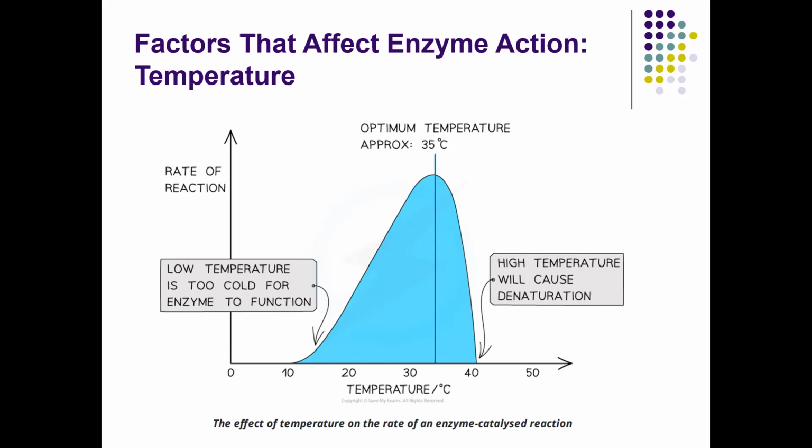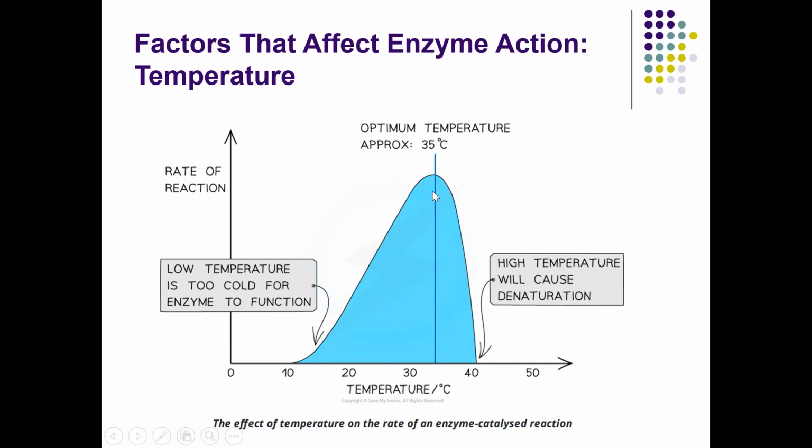That's why the activity of the enzyme becomes low: with low kinetic energy, the particles cannot collide, so little substrate can bind to the enzyme active site. When you increase the temperature, the heat energy increases the kinetic energy of the particles. So they move faster, and the probability of them colliding becomes higher. When they collide with sufficient energy, the active site of the enzyme can bind with the substrate.